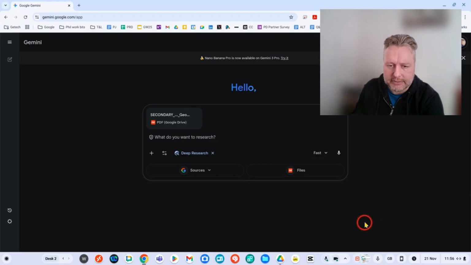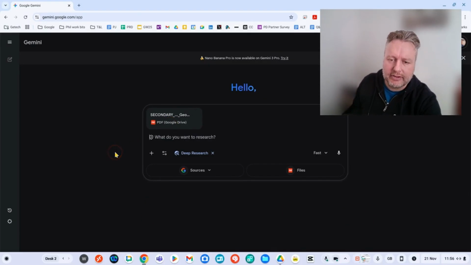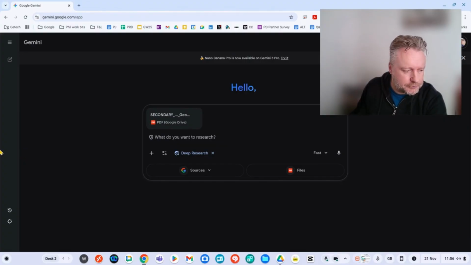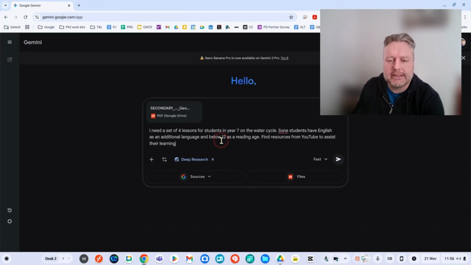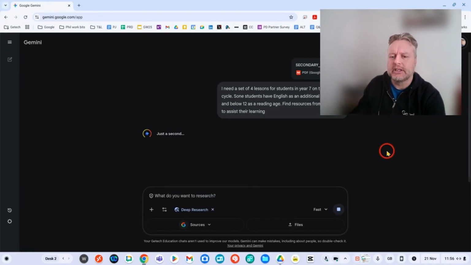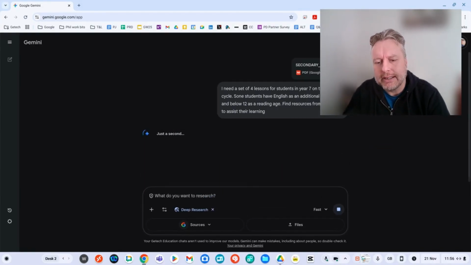in my class. So I can attach the PDF if I have it on my files, or of course I could download the web link and pop that in. So I'm just going to go and grab my prompt. I've already typed this in a doc for speed, so we'll just copy that in. And obviously we've got our deep research tab on, and we are going to let deep research cook in a